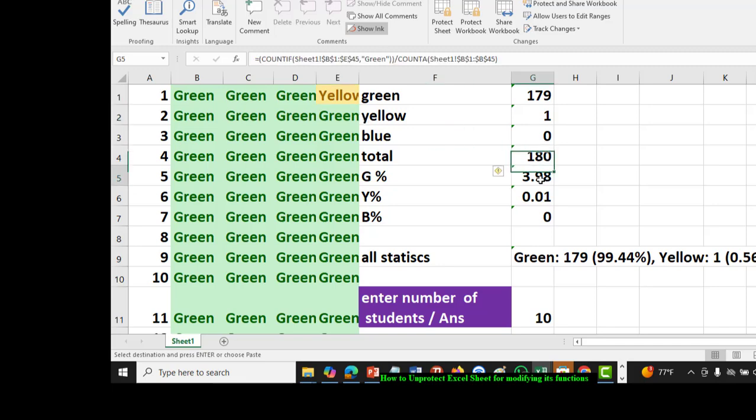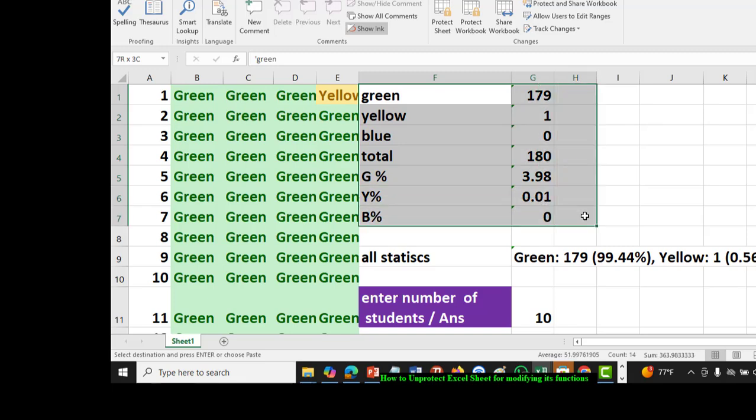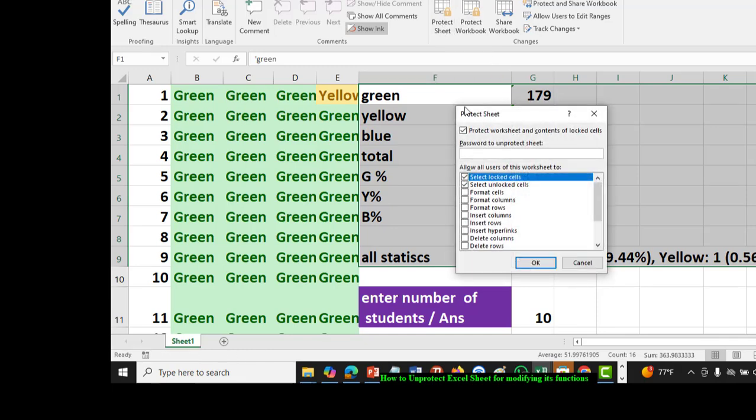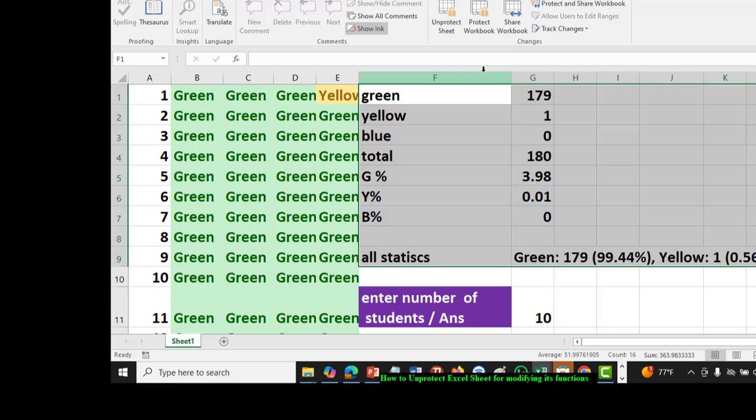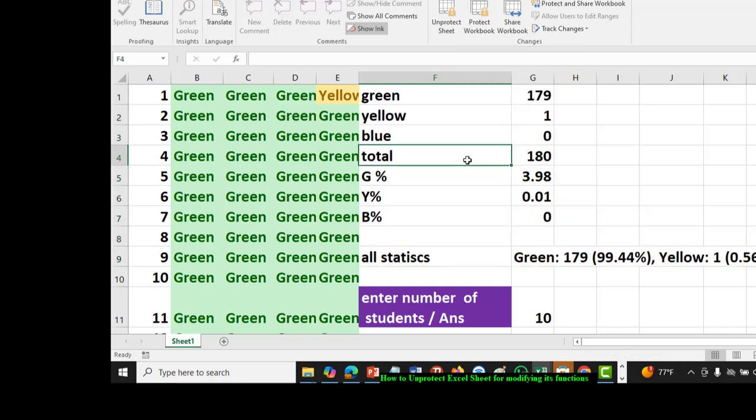we can go back and protect the file so no one can modify it. So this protection, all this will be protected. So protect sheet, select all the cells, select okay, and then okay. So now it's protected. You can also protect the whole workbook, but I don't do this because I need to change